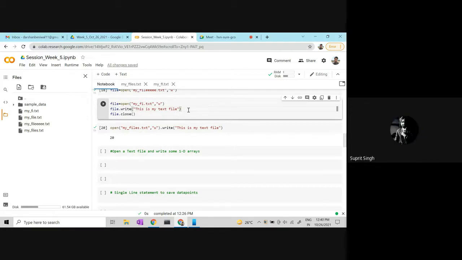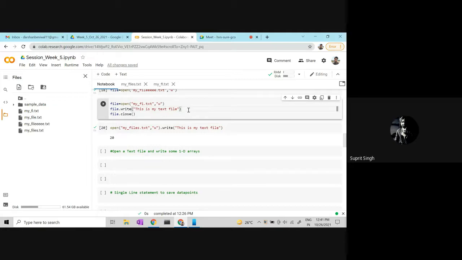Okay, so basically this is the way to work in general. Wherever you have a path, wherever there is a file, you either have to open it or create it somewhere else. This is the generic way, like in C also there is F open, F close. That's the same thing.